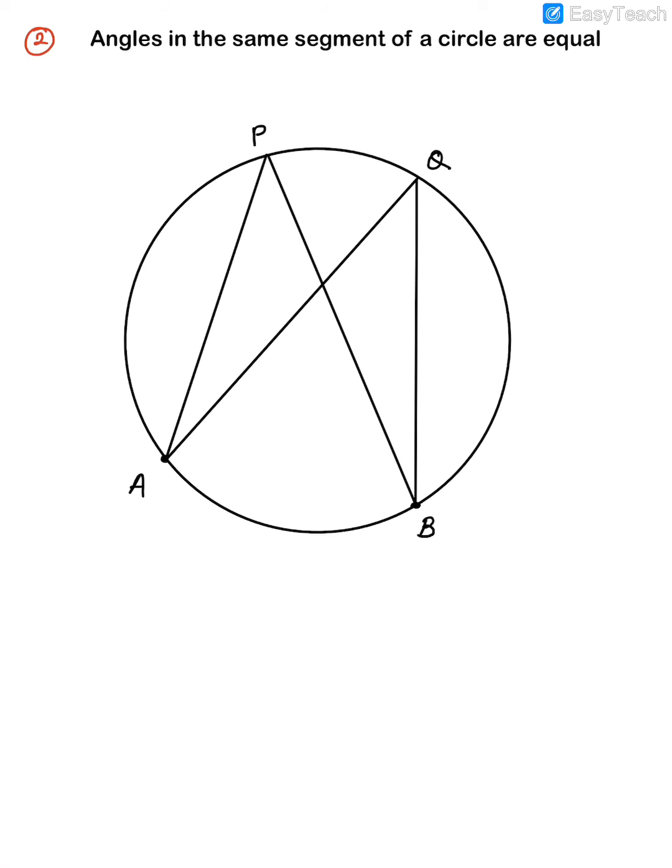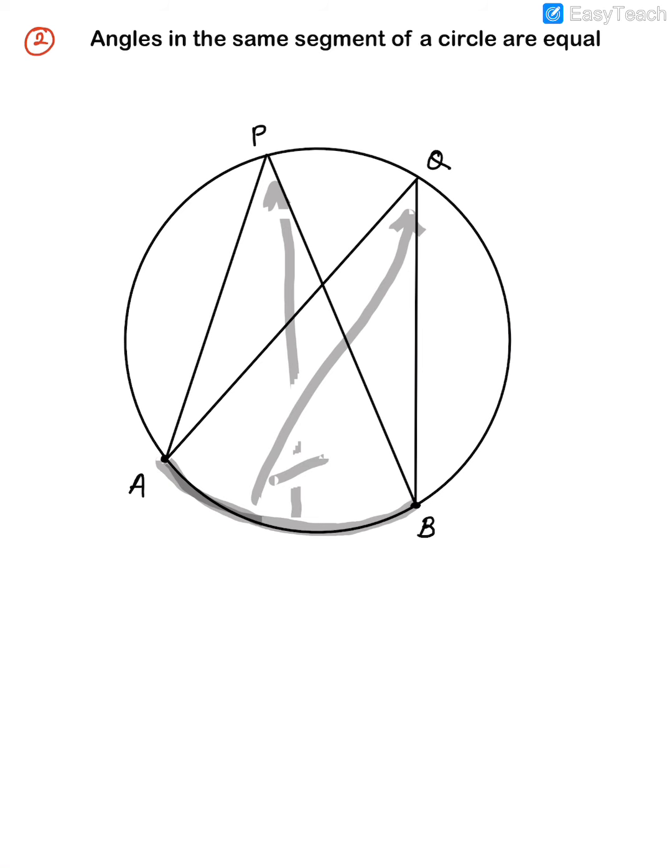and angle AQB. So these two angles are what? Both of them are angles at the circumference. But if you notice, they are both also in the same segment AB. So this is the segment AB. You can see the segment is the same for both of them. So because the segment is same, look at this, the angle subtended by them here and the angle subtended by them here, Q. They both will be what?